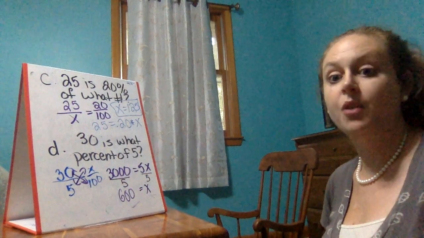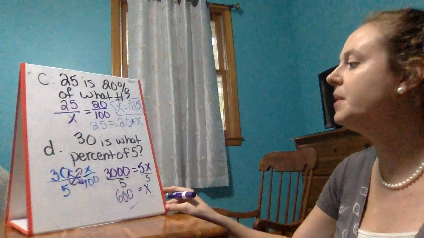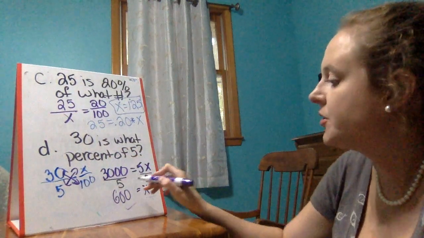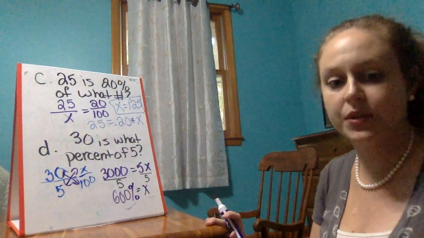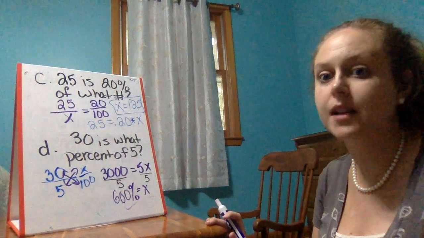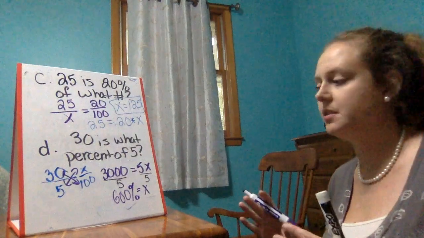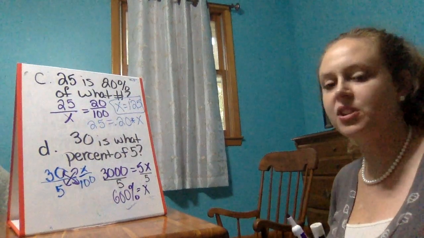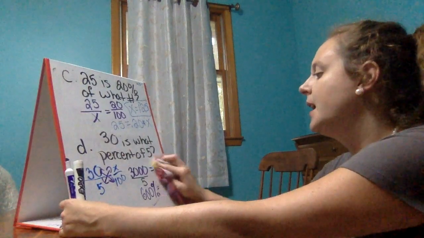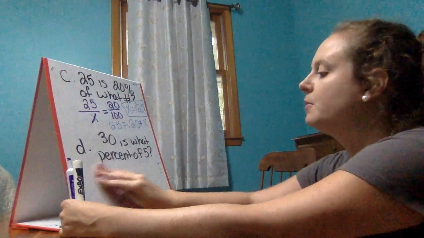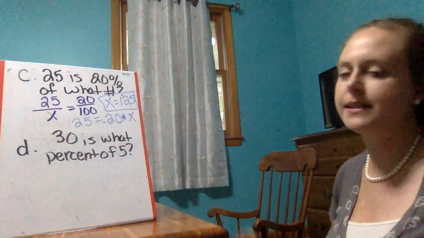600. Well, we're not used to seeing a percent that big. Remember, it said what percent. So I need to write this as a percent. The answer is 600%. A lot of people want to change it to say 6%. They're not used to seeing something that big, especially if we use the number sentence. I like the number sentence, but this is the one place where it honestly is a little bit harder than the is over of.